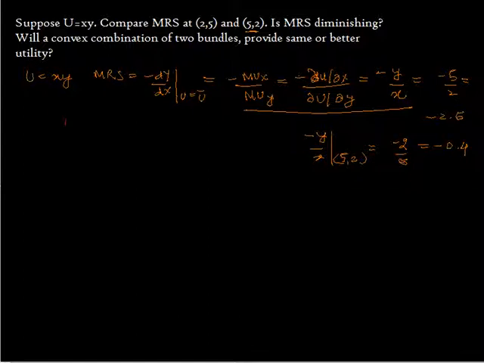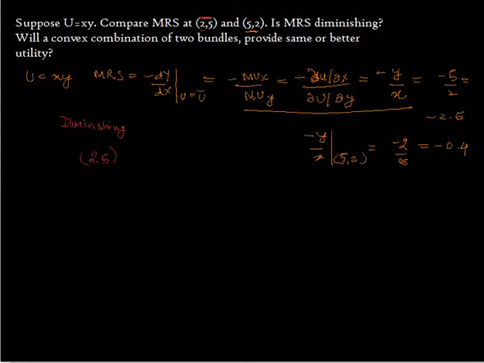That is, earlier you had less amount of x and more amount of y. Now you have more amount of x and less amount of y. So when you are at (2, 5), you have less x and more y, and you would be willing to trade or give up more and more units of y in order to get one more unit of x. Once you have come to (5, 2),